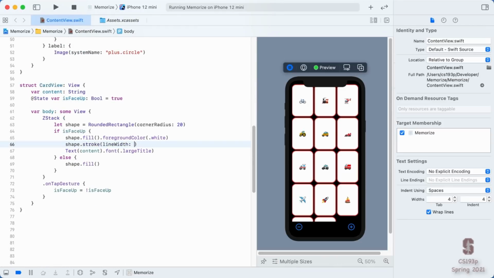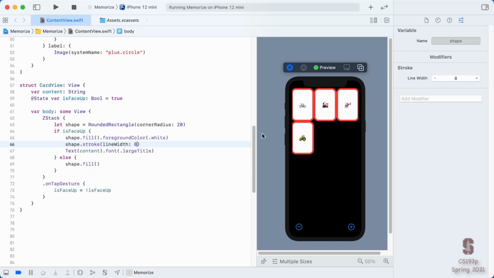Now, with the resolution of the screen you're looking on, you probably can't see that, so let's go down and make our line width much larger, about 8. Now hopefully you can see that it's cutting off. Let's make it even larger, say 12. And why is it cutting off this edge? Well, it has to do with how stroke works. Stroke draws a fat line, however fat you say there, 12 points in our case, right on top of the border. So some of the line is spilling on the inside of the shape and some is spilling on the outside. That's not actually what we want here. We want this entire border inside the boundaries of the shape. And there's a great function that does exactly that called stroke border.